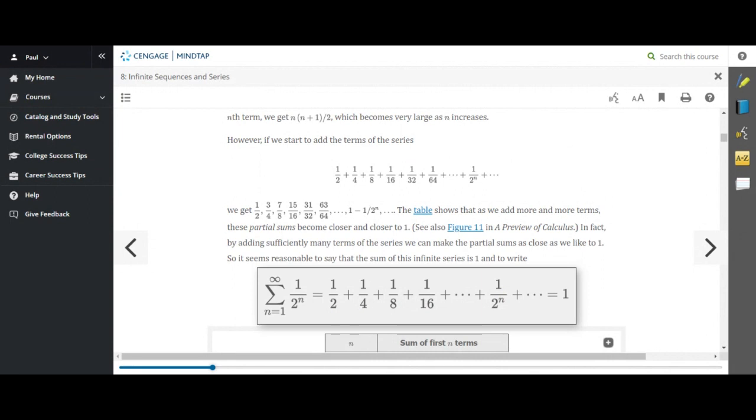So we're adding an infinite number of positive terms, and this series, the series where n goes from 1 to infinity of 1 over 2 to the nth power, that's going to equal 1. We did not do any integration here. We're just saying when we add the terms up of the series, it equals 1. Now, the question is, how would we intuitively